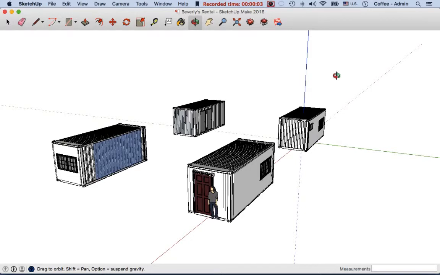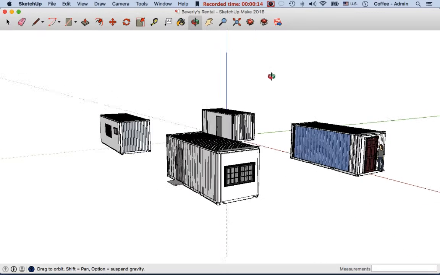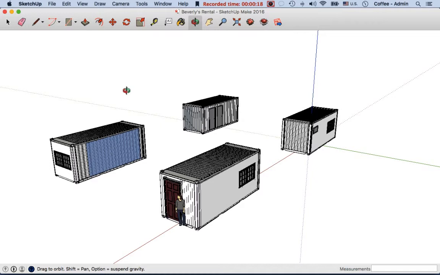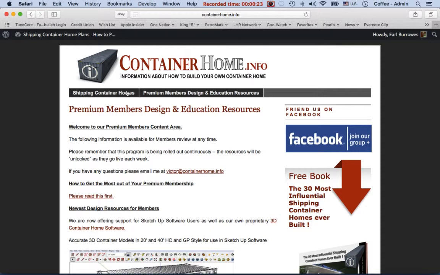So I've got the first 4 containers for the project that I'm going to start using shipping containers. And these containers, these virtual containers, came courtesy of Container Home Info. For any of you guys or girls out there who want to look at this as a possible alternative to